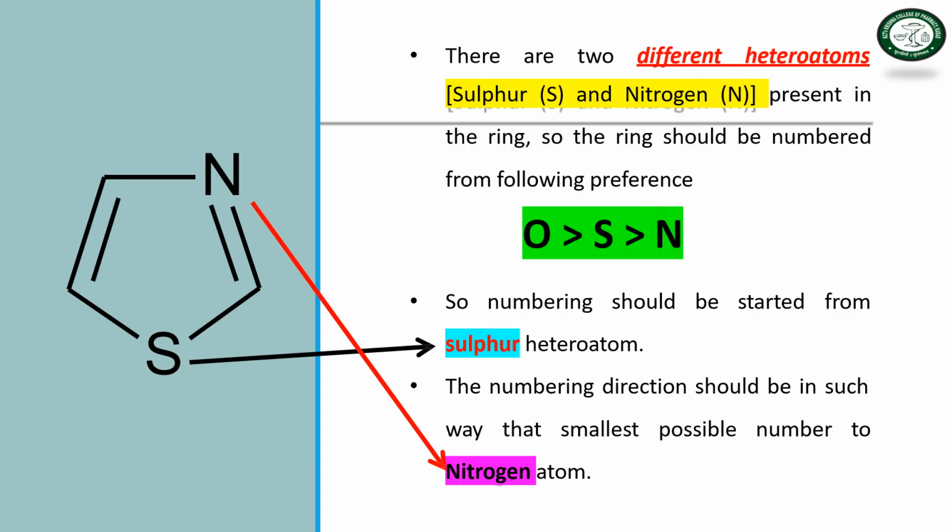Okay, next, see here is the example. Here two heteroatoms are present, like sulfur and nitrogen. That time the numbering starts from sulfur as 1, then according to the previous rule, we give the least possible number to the next heteroatom. Means if you gave sulfur number 1, then the number for nitrogen after that should be the least number, means the minimum number. That's why we use nitrogen as number 3. Likewise 1, 2, 3, 4 and 5. So now sulfur is 1 and nitrogen is 3. Very simple. Okay.